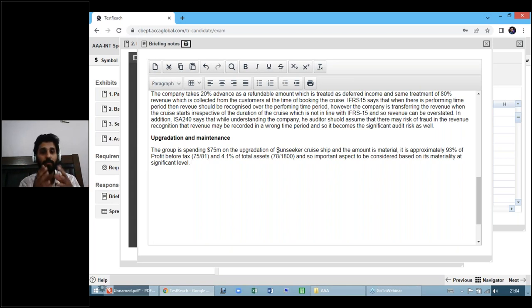And think that it would also have an impact on the depreciation. The depreciation expense would also be overstated. Definitely, when something which should be expensed is wrongly capitalized, the depreciation would also be wrongly charged. So it is important to be considered based on its materiality at a significant level. The cost of upgradation,